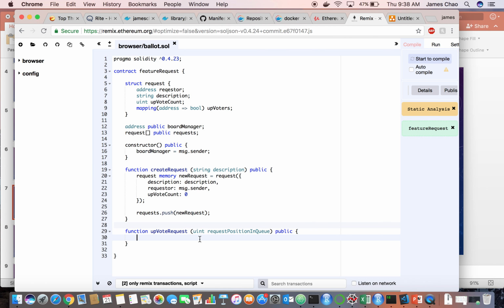to assume here. So the first thing we're going to do is make sure that the voter here has not already voted for this request. So how are we going to do that? We're going to use the requests array, and then look at the position inside of this array, so this specific request that the user specified that they wanted to upvote. We want to see that the upvoters inside of this array,